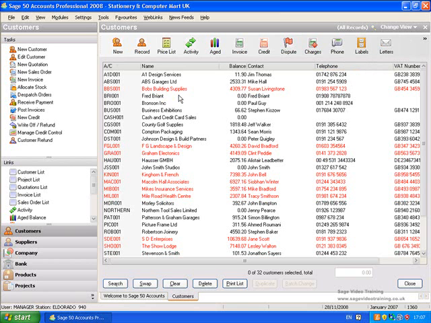Now, most of your customers, if you're VAT registered, will work on a T1 tax code, but some of them, and certainly several of your suppliers, may have default tax codes other than T1, and we don't want to change those. So first of all, we can do a search for all those with a T1 code and select them for the batch change. So looking at customers here, if we go to Search